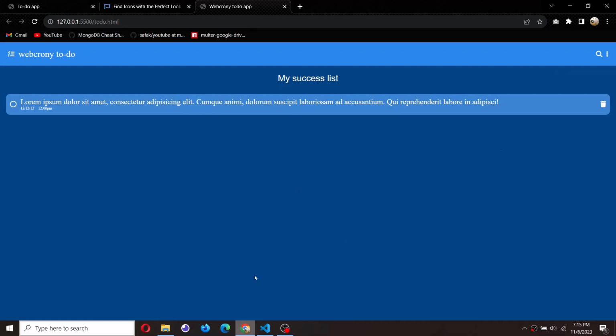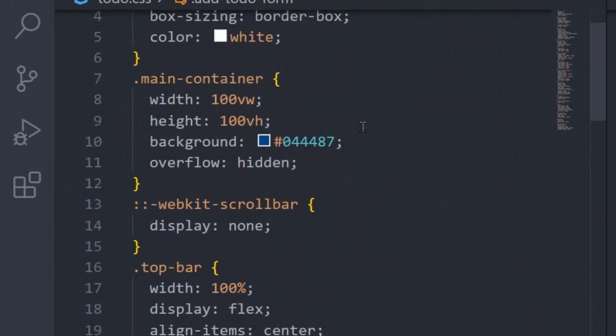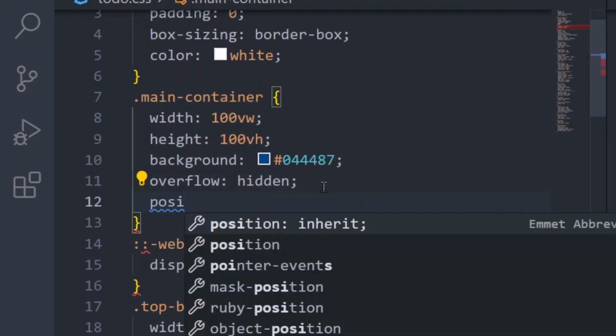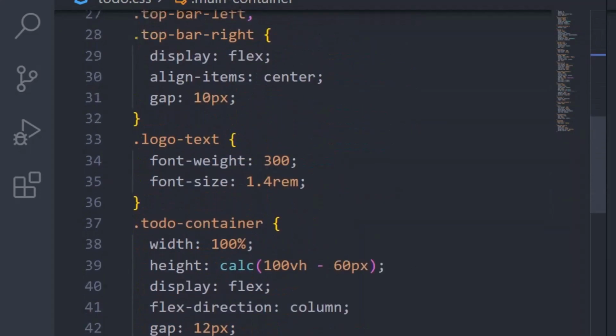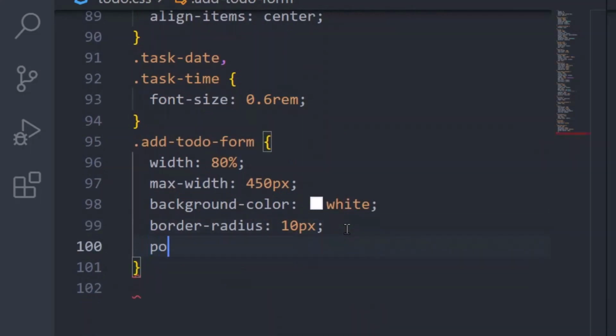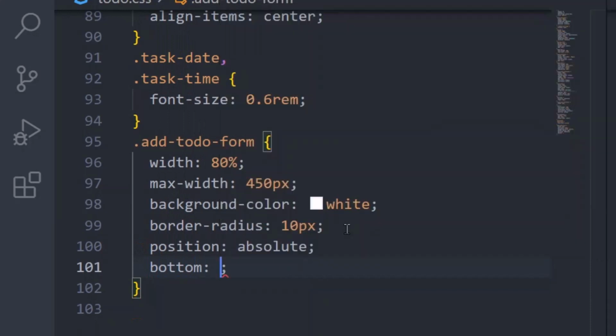So if we want it to come, then we will have to bring a position of absolute, but to do that we have to also make sure that the main container has a position of relative. Okay, so let's do just that. I'll come here and set position to relative. Okay, that way I can go ahead and set a position of this one to absolute. So let's set position of this to absolute, and I will take it from the bottom. So bottom will be set to 20%